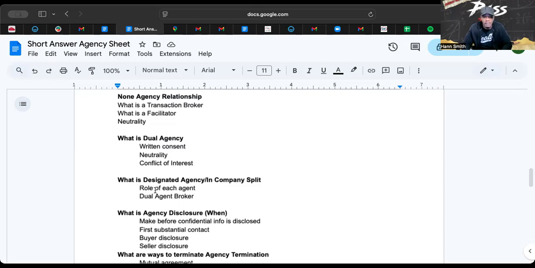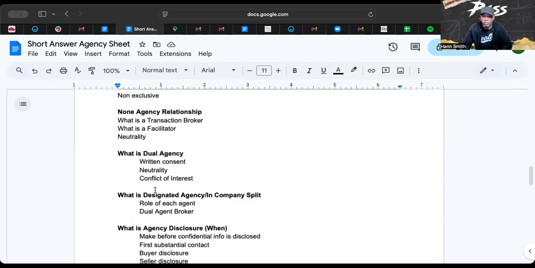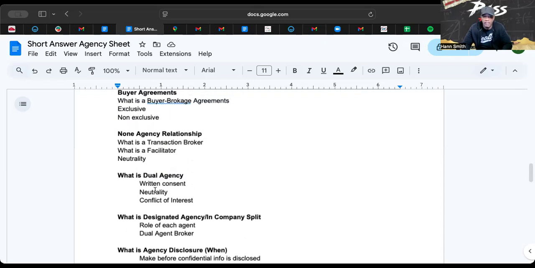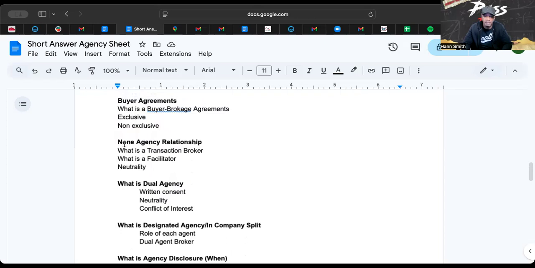There are some instances where you'll be working with a buyer and a seller, but you don't have any agency relationships with them. And those types of relationships is what they call a transaction broker or a facilitator. There is no contractual agreement that I'm going to be representing either party. I'm just going to be like the conductor